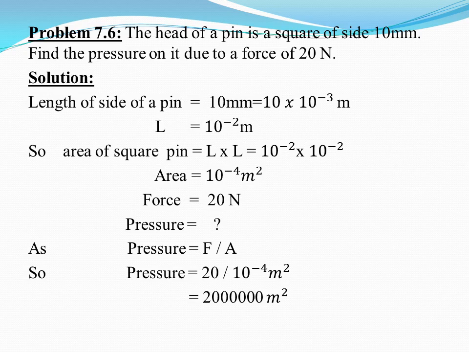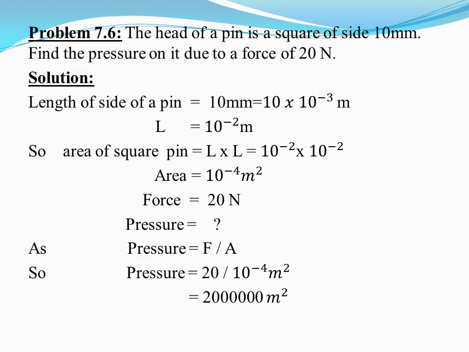Now we have another problem from your exercise. This is problem 7.6. The head of a pen is a square of side 10 mm. Find the pressure on it due to a force of 20 Newton. So we have to find the pressure by using force and the length of the side of the pen. According to the given data, the length of the side of the pen is 10 mm. You have to convert this milli into SI unit by putting the value of milli, that is 10 raised to the power minus 3. So we have the length as 10 raised to the power minus 2